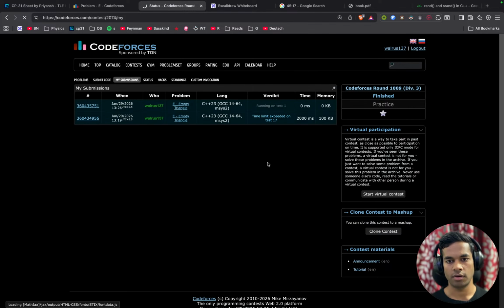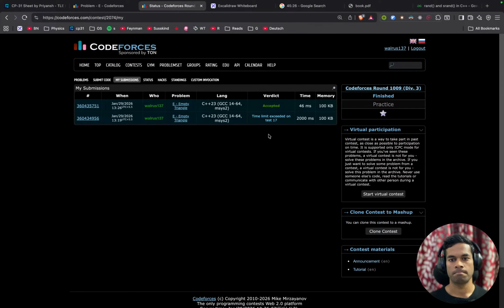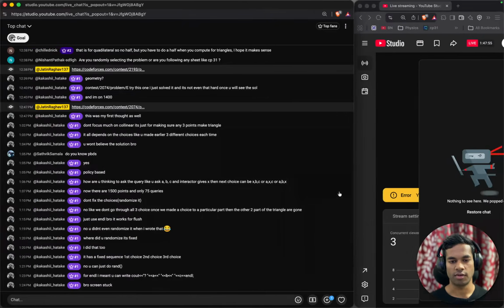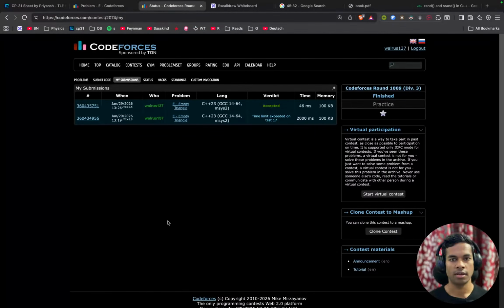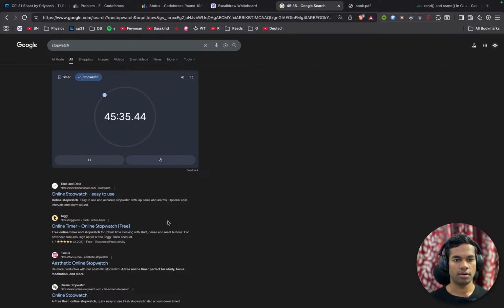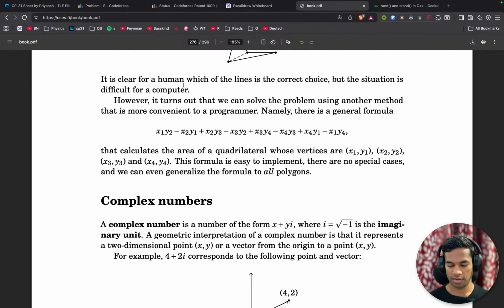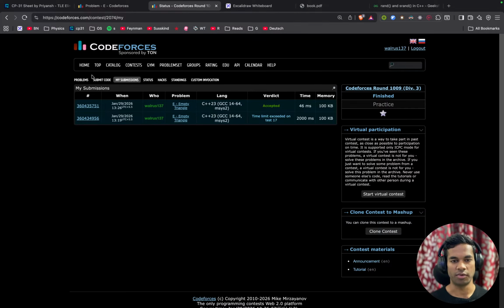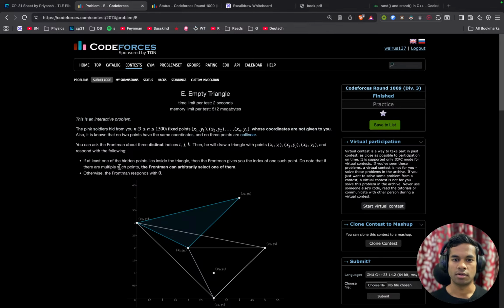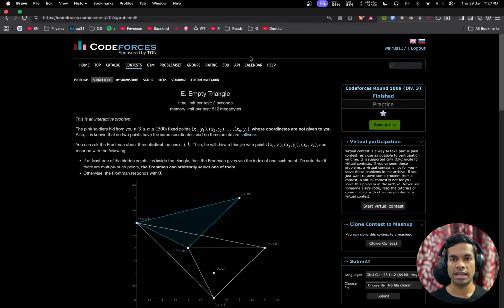Time limit exceeded on base test 17. Okay, this is actually crazy. Screen is now okay. 45 minutes, but this is a different kind of problem because the case that